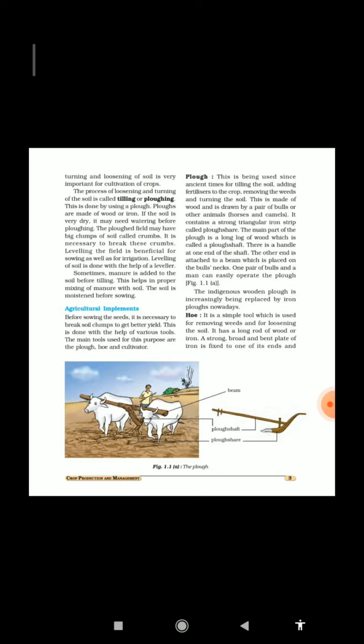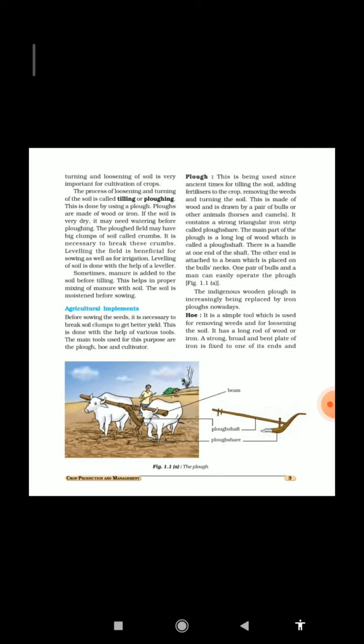Agricultural implements. Before sowing the seeds, it is necessary to break soil clumps to get better yield. This is done with the help of various tools. The main tools used for this purpose are the plug, hoe, and cultivator. Plug. This is being used since ancient times for tilling the soil, adding fertilizers to the crop, removing the weeds,